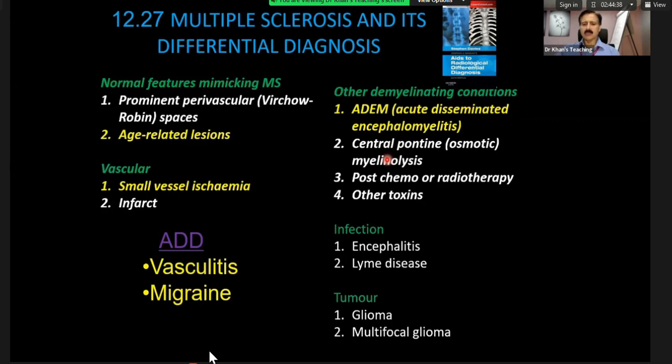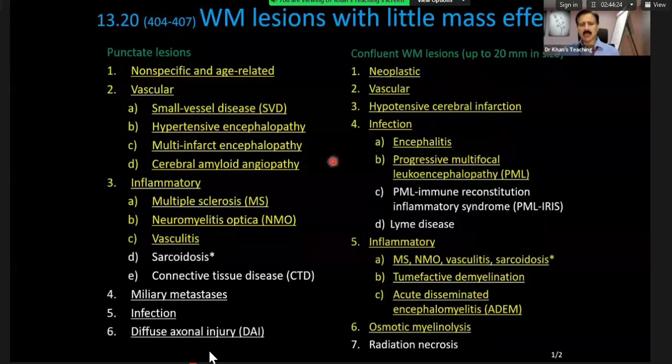And sometimes pons might not be involved, by the way. That can also happen. So I'll show you a case, and this has come in the exam, osmotic myelinolysis. So this is from your previous book. Now, the latest book